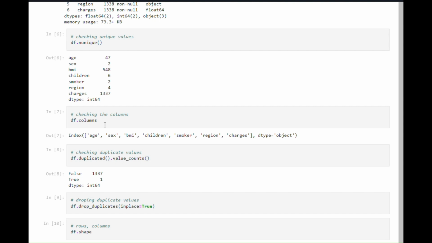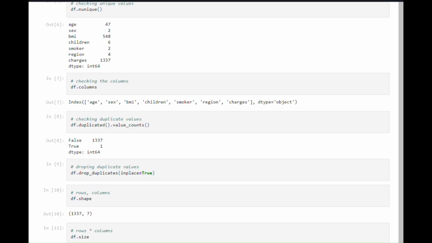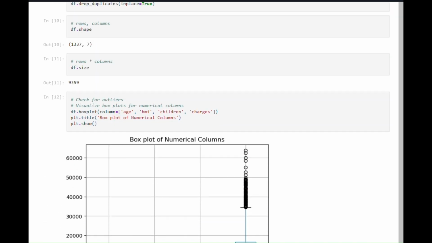Here we can see that in front of one, true is given, showing that there is one duplicate row. So what I did was I just dropped the duplicate rows by using the drop duplicates, and then after dropping the duplicate row I checked the shape once again. Here you can see the change in the shape from 1338 to 1337, and then I checked the size again, and then I looked for the outliers